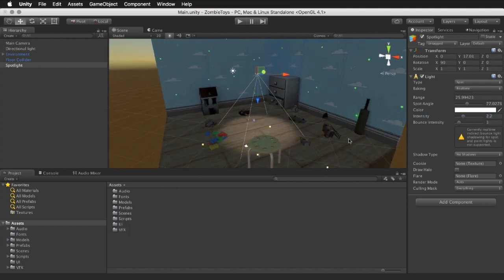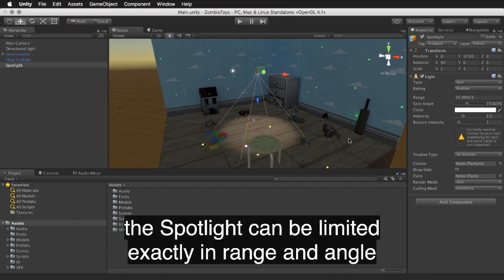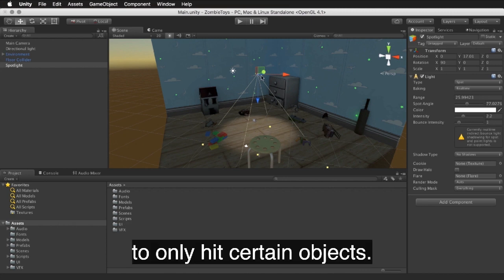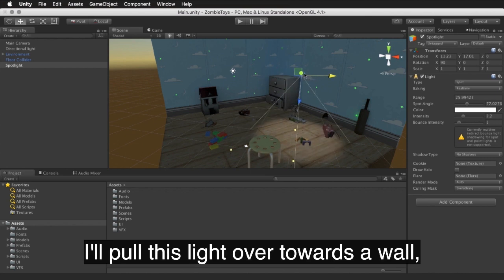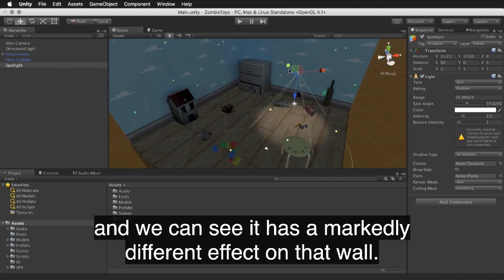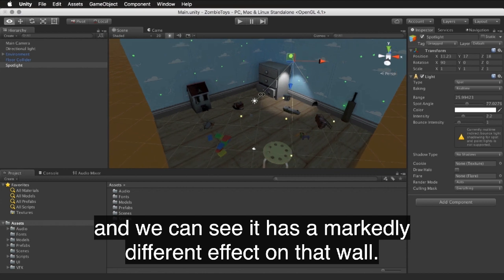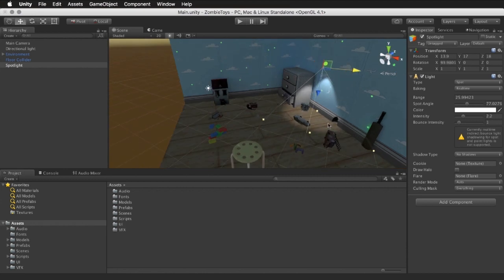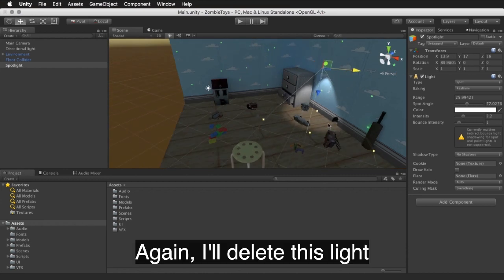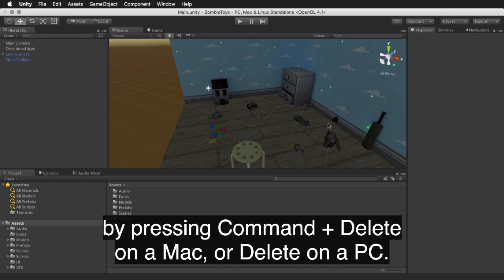Like the point light, the spotlight can be limited exactly in range and angle to only hit certain objects. I'll pull this light over towards a wall, and we can see it has a marked different effect on that wall. Again, I'll delete this light by pressing Command-Delete on a Mac or Delete on a PC, and next I'll create